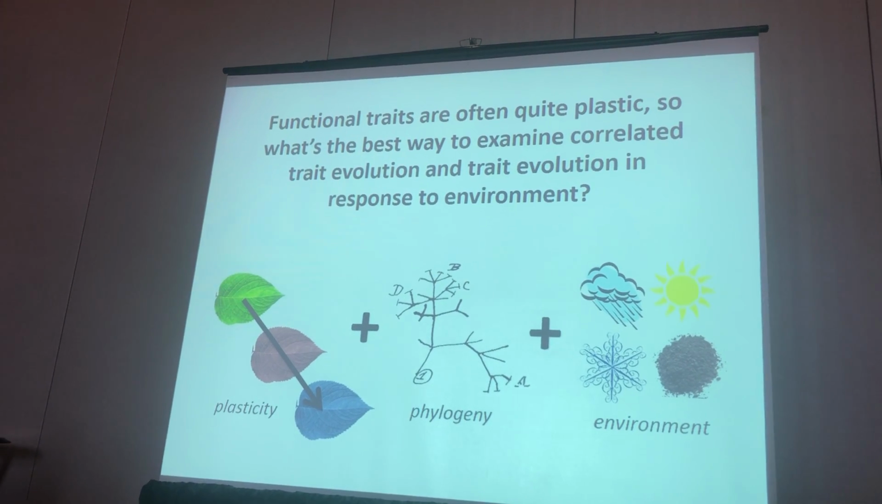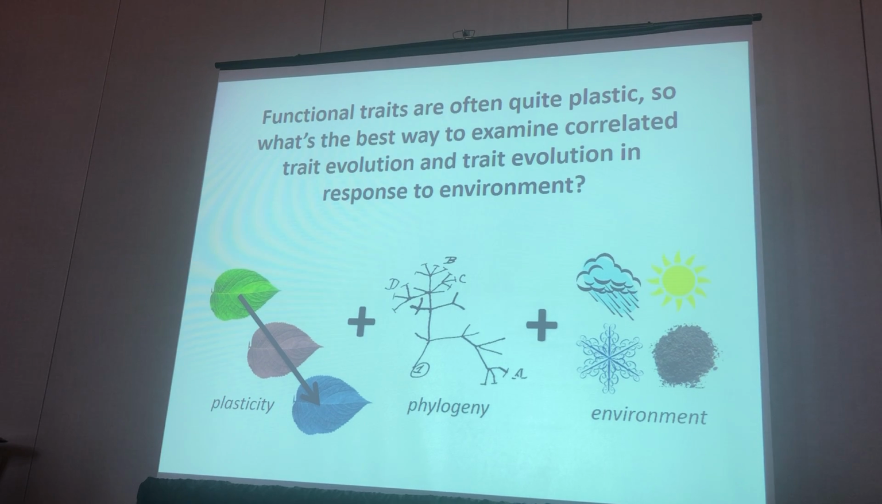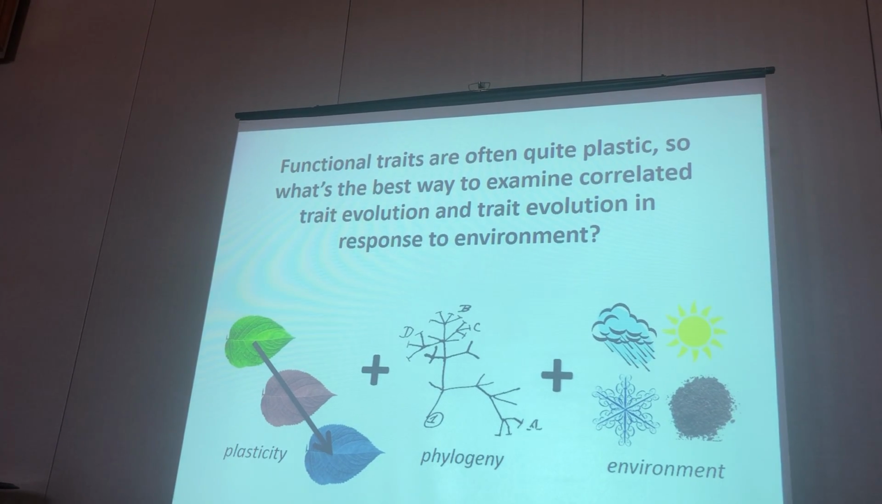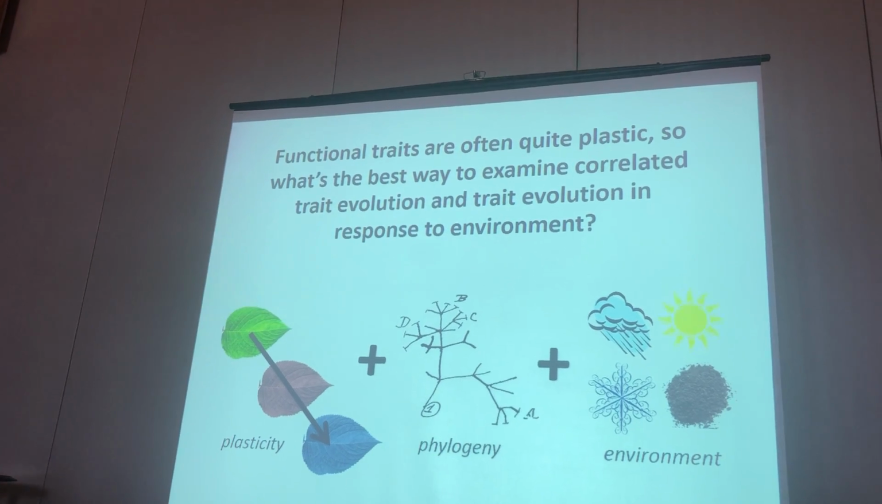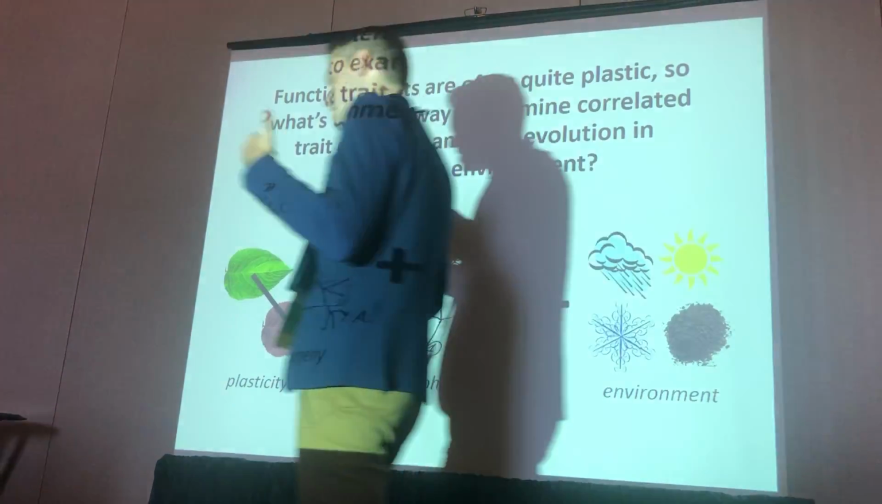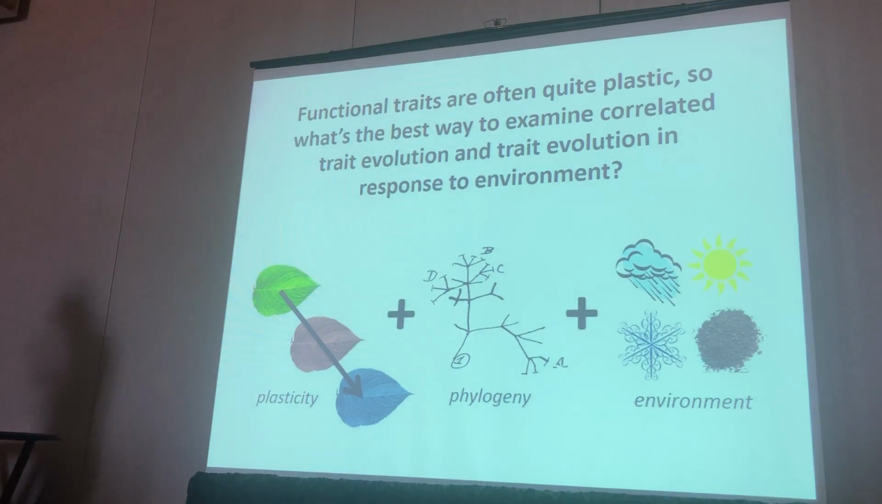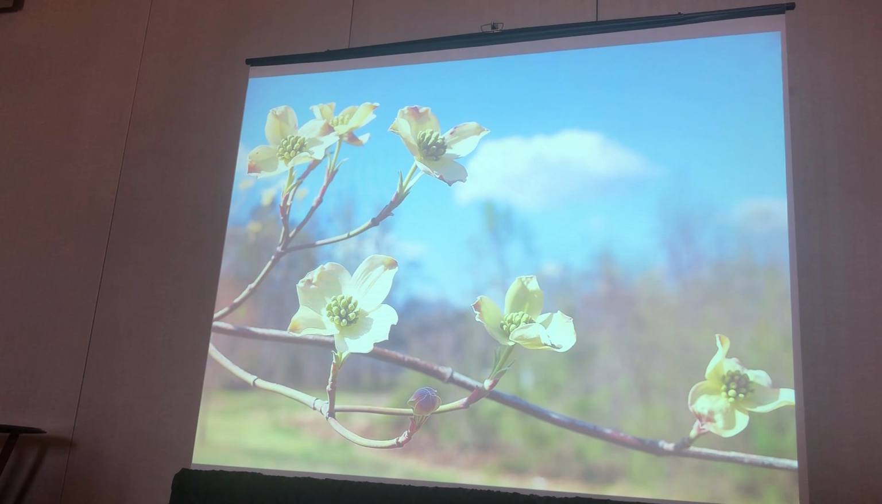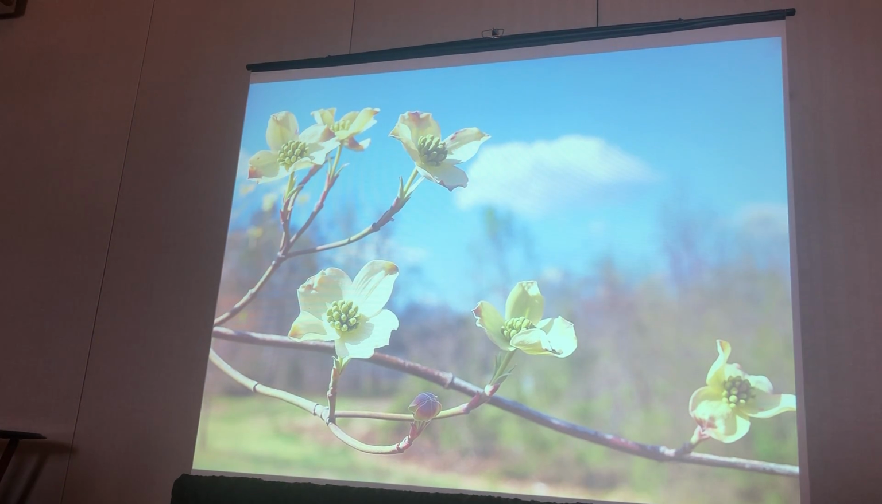So given that functional traits are often quite plastic, sometimes they're fixed, sometimes they're really plastic, what's the best way to examine correlated trait evolution and trait evolution in response to environment? So how do we put together plasticity and phylogeny and environment to try to get at this or incorporate this? So I'm going to talk to you today about some work I've done in dogwood, genus Cornus,